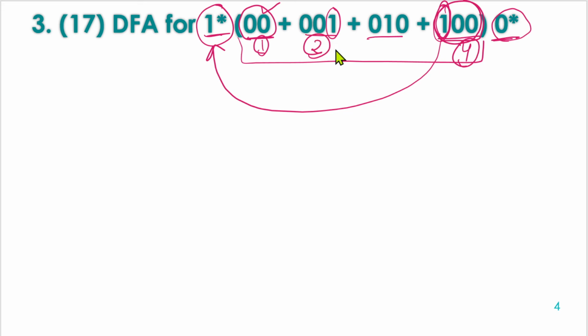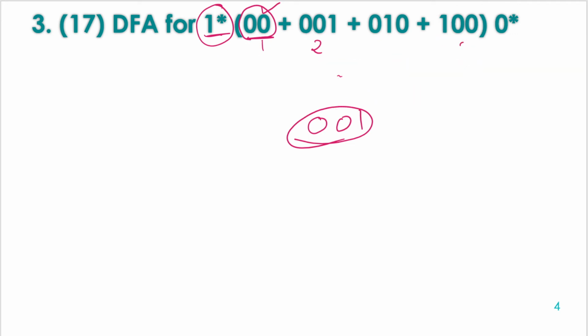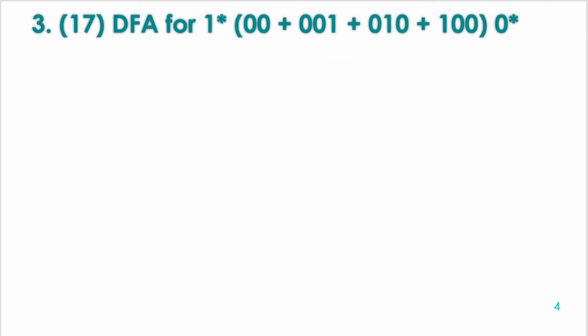Okay, so now we have to keep focus on 00 and 010. More focus must be on this, and also on 001, because at the end we have a constraint for zeros only; we cannot receive any other symbol in the end. So for 001, we need to keep track of the last one also. We need to think this way for every type of question. We have to identify the common pattern, then look into each and every possibility very carefully.